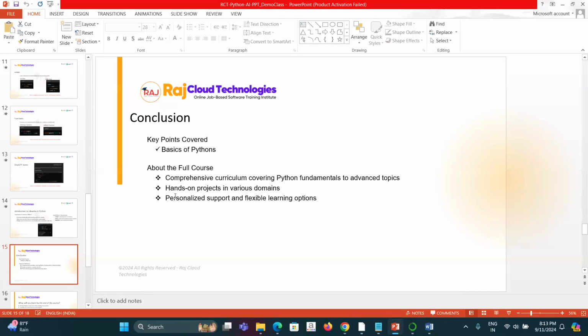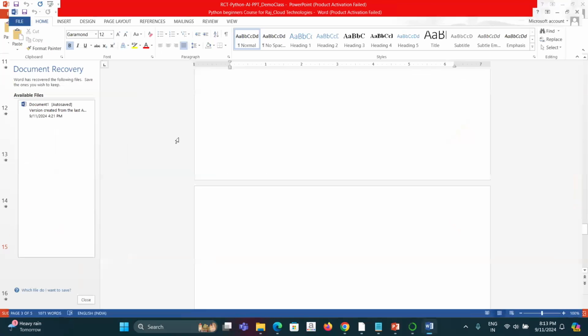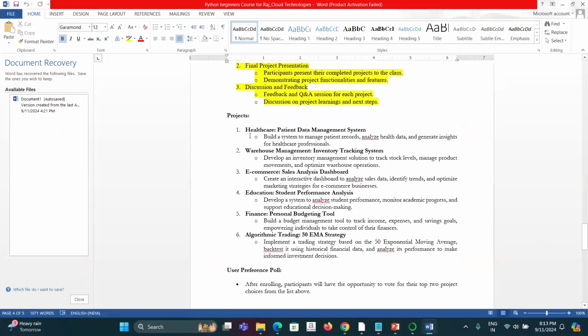We'll be doing 2 hands-on projects out of the 6 chosen domains. What are the domains? We have picked these 6 domains: healthcare, warehouse management, e-commerce, education, student performance analysis, and finance, personal budgeting tools. These are the kinds of apps that people are trying to build on their own.